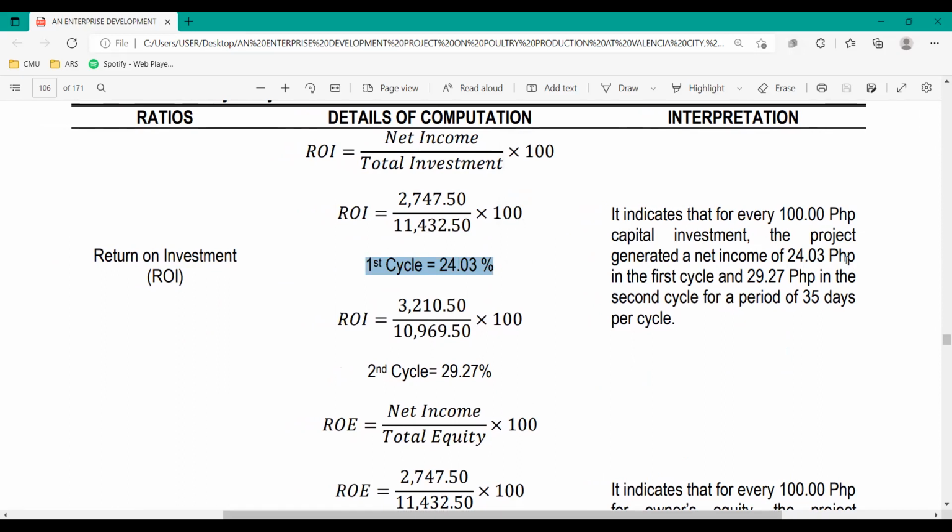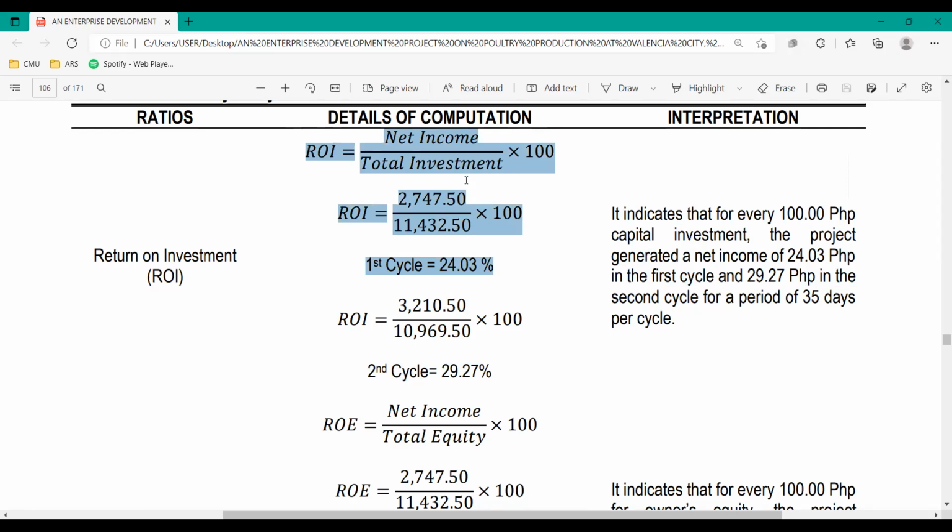24.03 Philippine pesos, because my investment was 100 pesos. So I converted this into cash, good as 24.03 pesos in the first cycle and 29 in the second cycle, for a period of 35 days per cycle. So that's my interpretation. As you can see here, this is my ROI. I compared my first and second cycle here. But if only the first cycle,